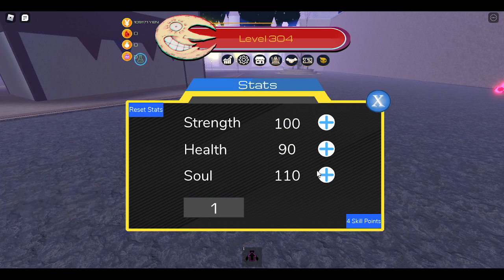Right now, these are my stats. I'm not gonna go above 100 strength, maybe 25 extra into it. That's about it. But my highest stats are gonna be my HP, which I'm gonna try and put up to 250, and my soul, which is ability damage. I'm gonna try and see if I can get that to at least 350, but the most 500, and the medium is gonna be 450